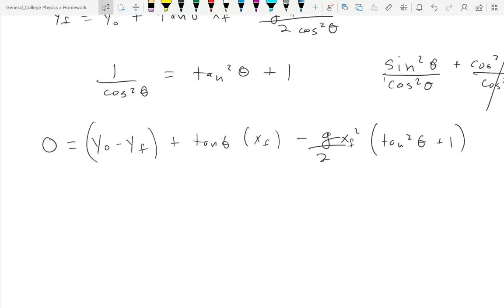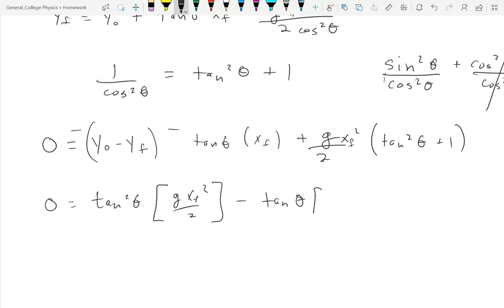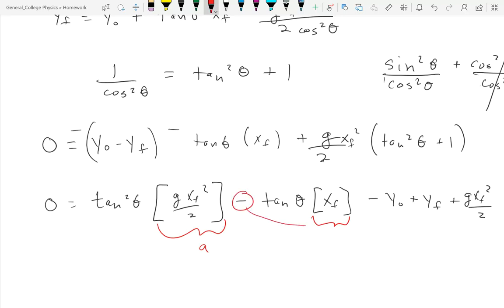Or rewriting this in the most provocative form. Notice I changed the sign of everything. So change the signs of everything. Why is that the most provocative form? It's a quadratic. Yes, we have to use the quadratic. So now I set this here is A. There's that minus sign. So this x final,